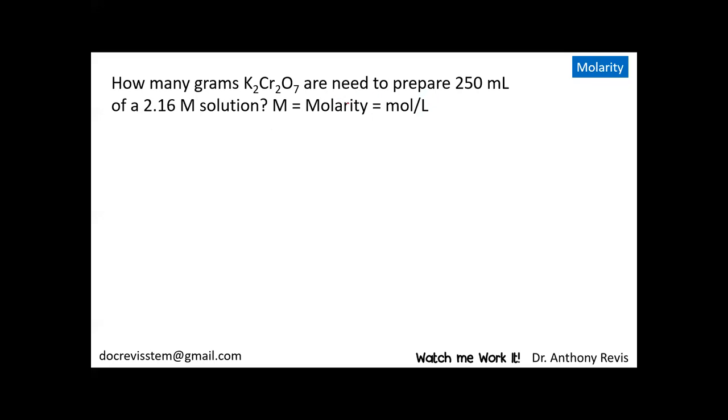Now when I think of a molar solution, I need to have my moles and I need to have my volume in liters. You prepare 250 mL, so I see my volume, because I can convert milliliters to liters. And so I just need to get the moles first. So let's get the moles from this first. Let's just take a look at how we might get these moles. So what am I given? Well, I'm given